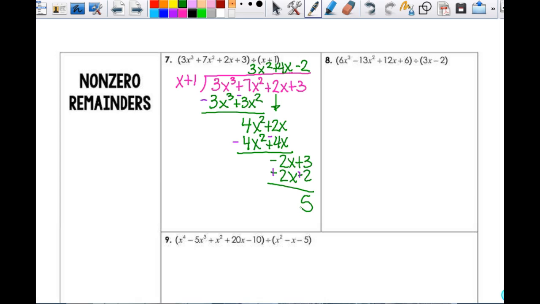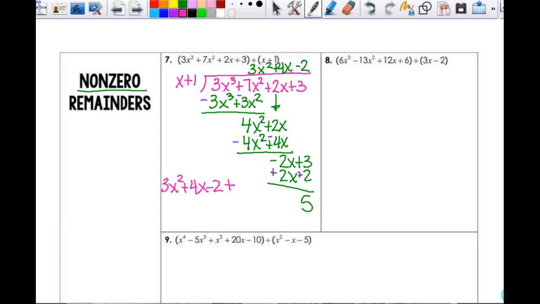Okay, so then my answer. I have a non-zero remainder because I had 0 remainders on the other ones. I have this 3x squared plus 4x minus 2. Now, here's the important part. Whatever your remainder is, you always add it. Mine's all running together, so I'm going to rewrite the exact same thing. There was nothing wrong with it. So I have 3x squared plus 4x minus 2, then plus, my remainder is 5,